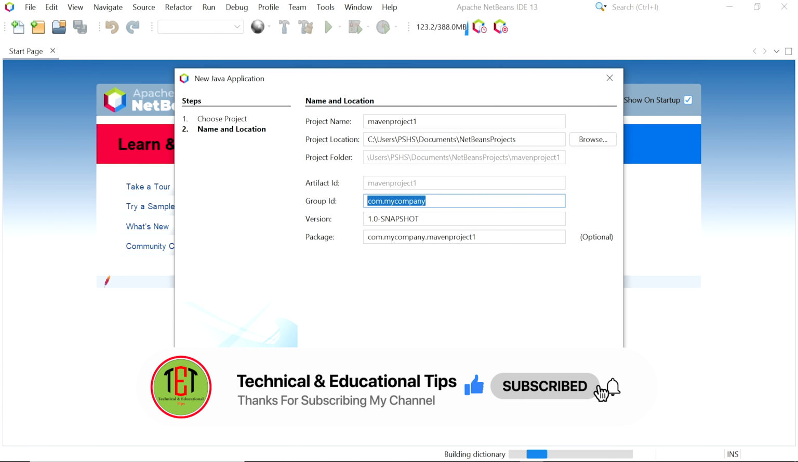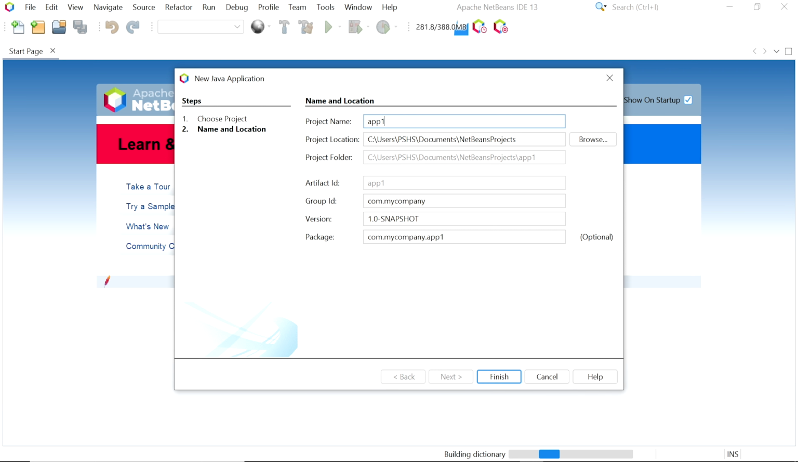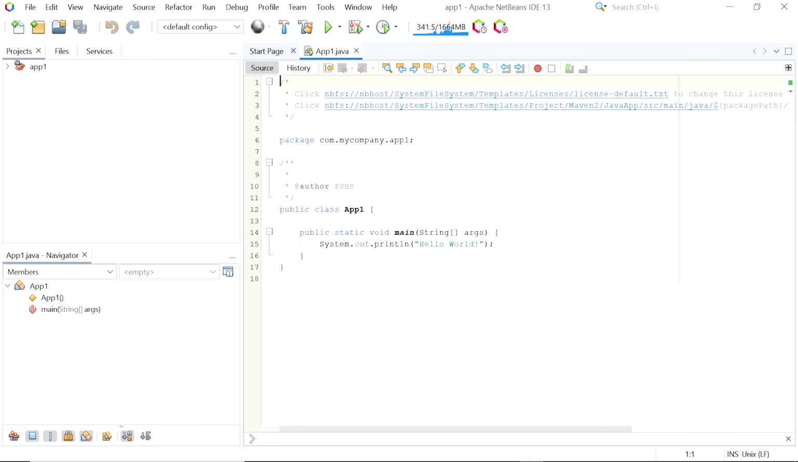Now here we write the project name. I am writing the project name app1. Here you choose the project location where you want to save your project. Here you select group ID. I am leaving it default. Here you choose your package name. This is optional. If you do not want to write any package name, then you can leave it. I am leaving it default. Click on finish. Now you can see in the latest version of NetBeans IDE, the first program in Java